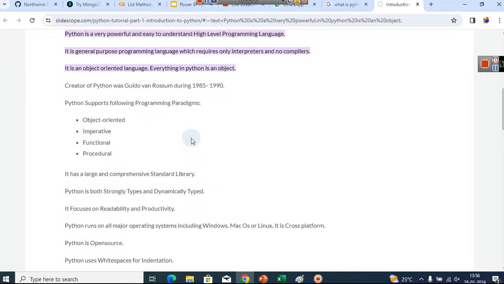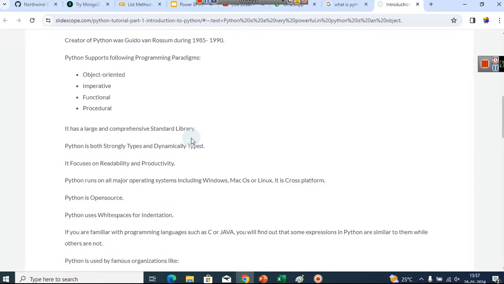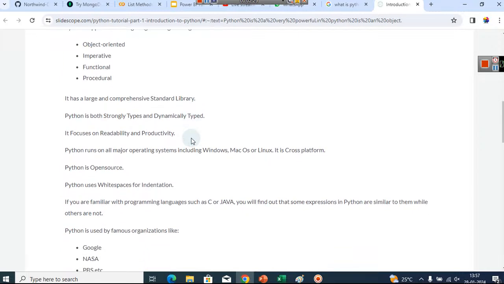It has a large and comprehensive standard library. Python is both strongly typed and dynamically typed. It focuses on readability and productivity. No matter what operating system you have in your computer, it will run on all types of operating systems, whether it's Windows, Mac or Linux. Python is open source.